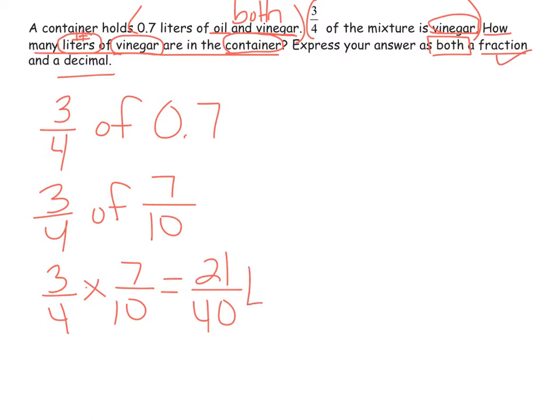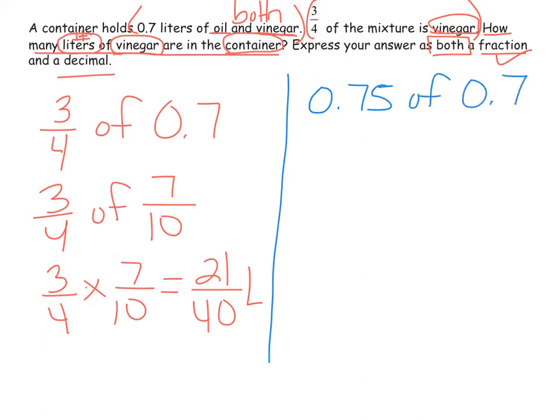So now we need to solve for the decimal. It's still 3/4, but how do I write 3/4 as a decimal? So think of 3/4. 3/4 is 0 and 75 hundredths of 0 and 7/10. Well, I can multiply this. So I'm going to do 75 hundredths, and yes, we wrote this before a few lessons ago,